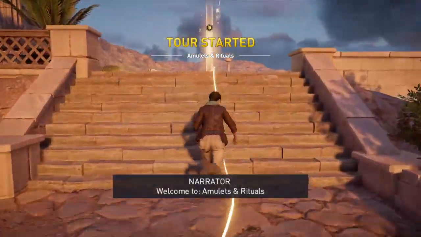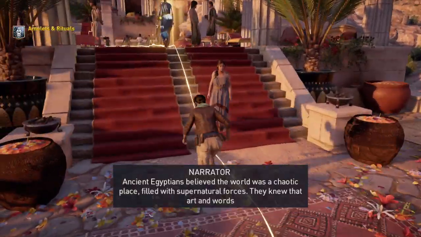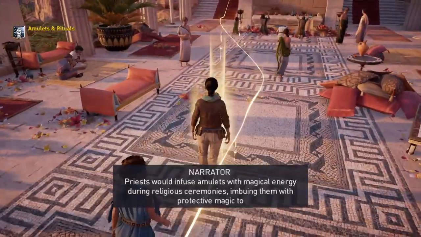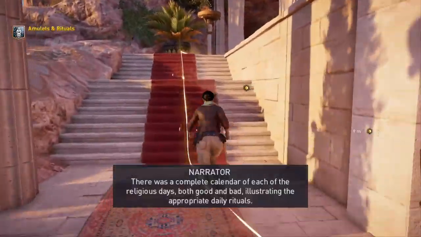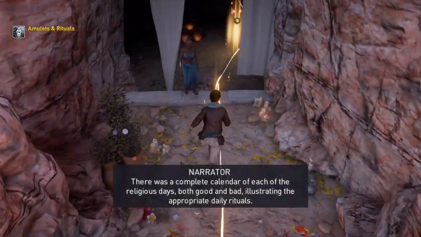Welcome to Amulets and Rituals. Ancient Egyptians believed the world was a... Priests would infuse... Religion was so... There was a complete calendar of each of the religious days, both good and bad, illustrating the appropriate...